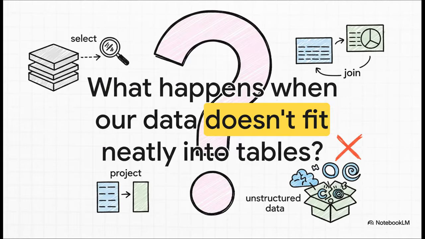So, Codd's model gave us this incredibly powerful way to organize structured, predictable information. It really did bring order to the chaos, but it leaves us with a fascinating question for our modern world. In an age of messy social media posts, unstructured videos, and complex sensor data, what happens when our data doesn't fit so neatly into tables?